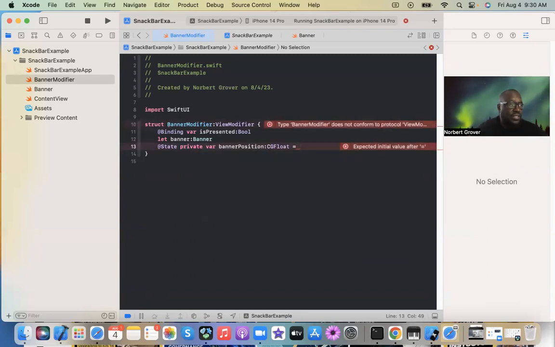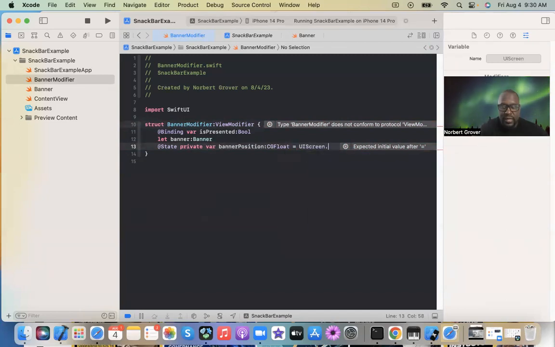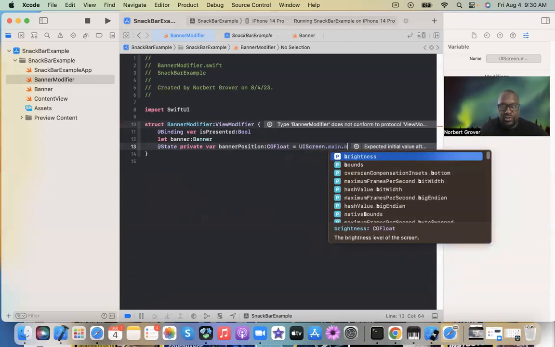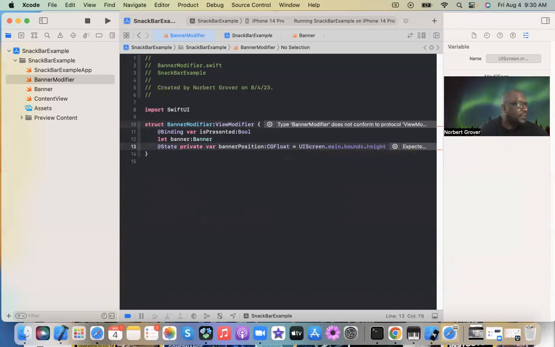That default position is the bottom, right? UIScreen.main.bounds.height. So this is our default value, but we're going to set it to 0. I'm going to show you. But first,